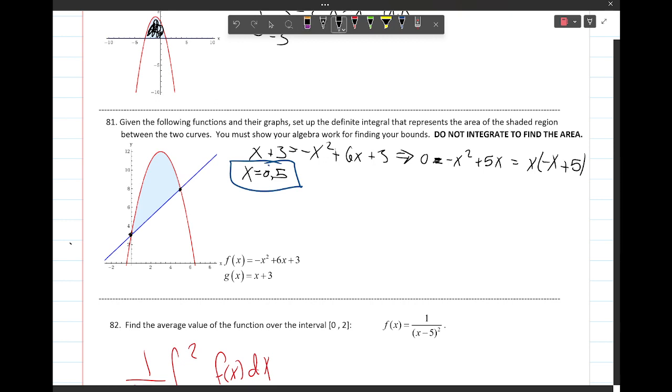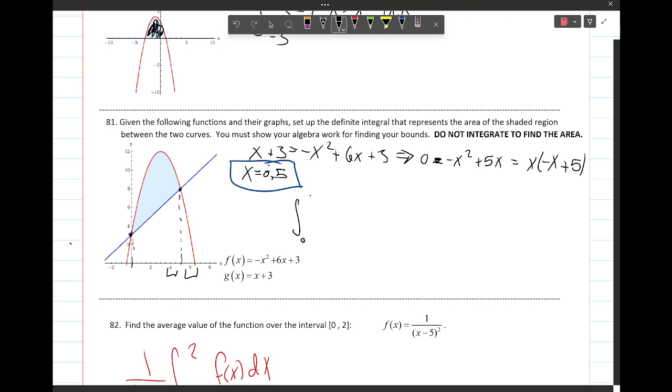What's nice about this picture is, okay, this one is definitely x equals 0. This one, it's maybe a little bit harder to tell exactly what it is, but it definitely should be between 5 and 6, or 4 and 6, which 5 is, so it looks like we got that right. And now the only other question